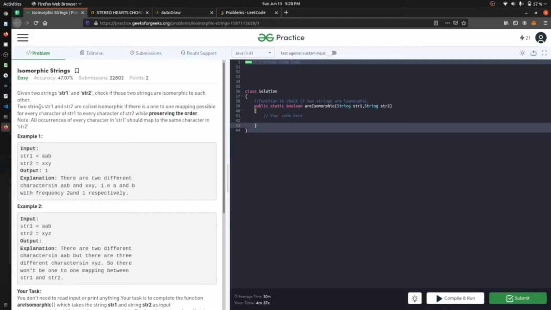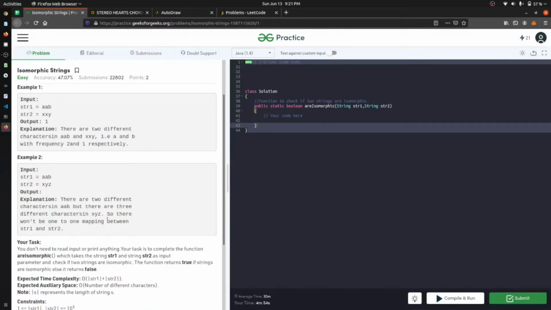So basically you can see the explanation. You will be given two strings, a a b and x x y, and if the count or the frequency of every letter in both of these strings matches, okay, this is the thing.